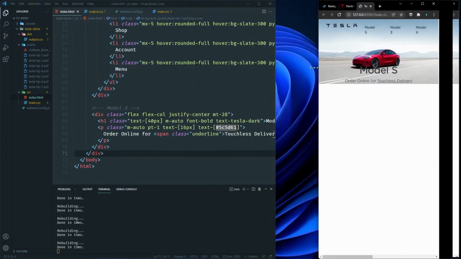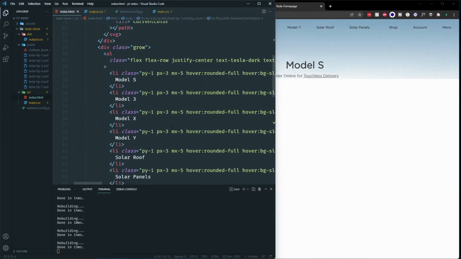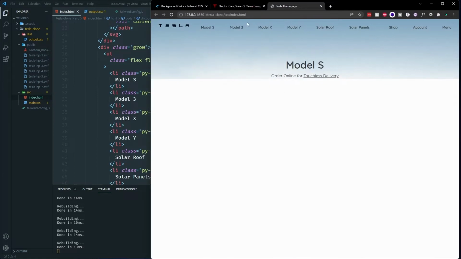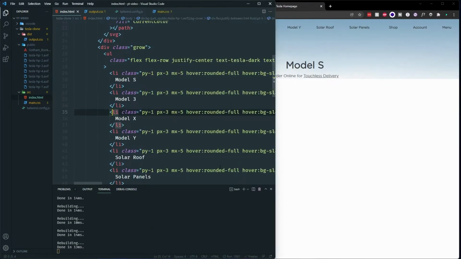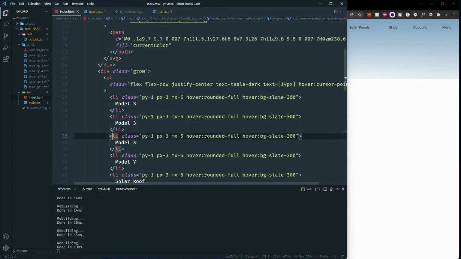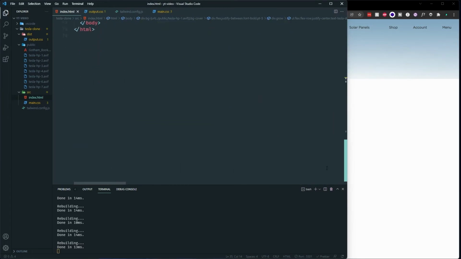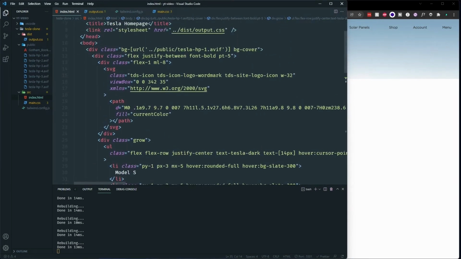We don't have any responsive yet, so let's create the responsive on the menu. Like I told you guys, we have mobile first design. So I know the code might look a little complicated right now, and it's better to use some responsive design right now, because it might get a little bit more complex later on. So the first thing first I'll do is go to the first place where we did hidden,